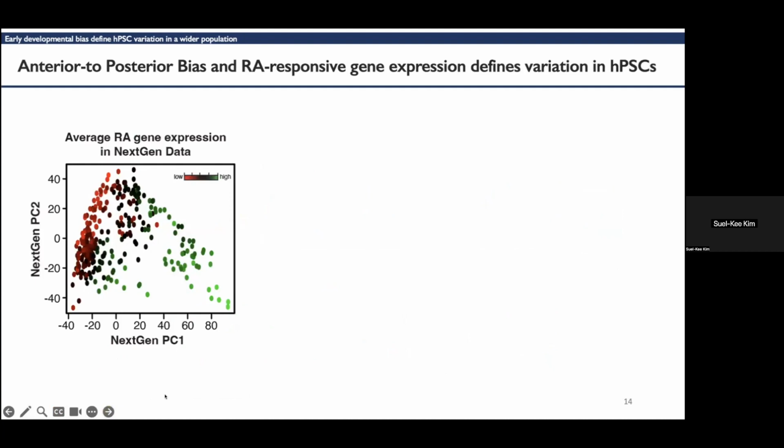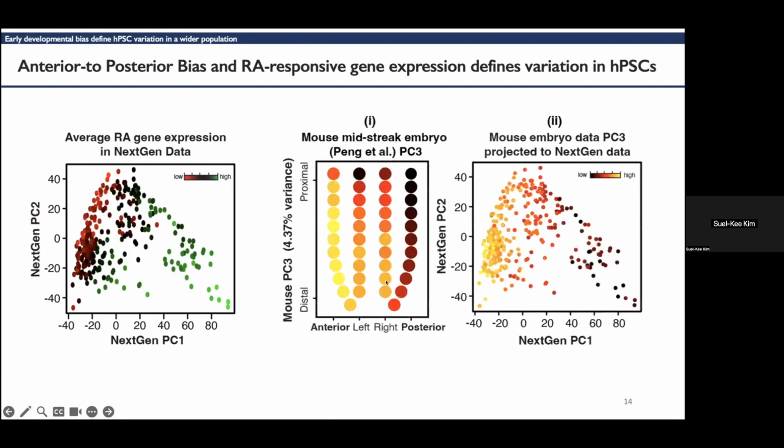So here, PC1 and PC2 of next-gen data are plotted together, and retinoic gene expression level in each cell line is colored. This strong association between retinoic gene expression and early lineage bias was further validated by projected mouse embryo data generated by laser capture microdissection. And the PC3 of this data showed transcriptomic difference in anterior to posterior regional identity of